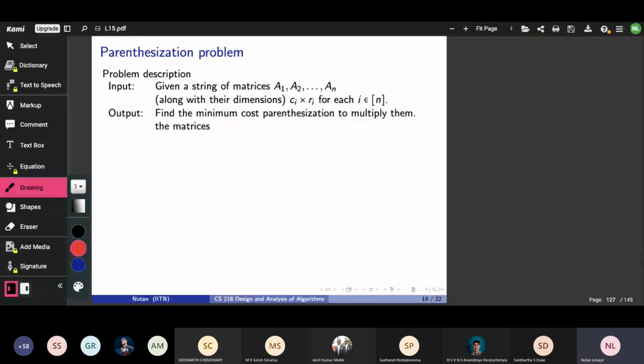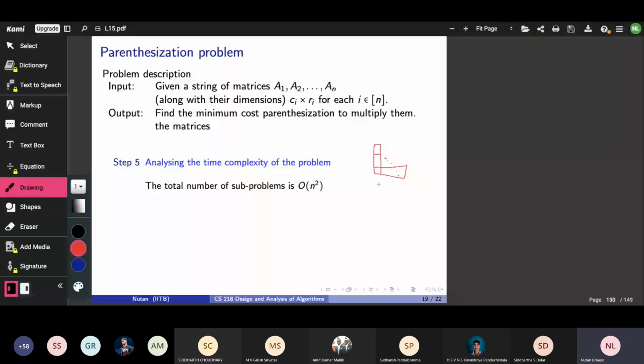Finally, the time complexity of this algorithm. I'm not talking about the overall cost. The cost depends on the problem statement. But the complexity of this algorithm depends on our procedure that we have defined so far. The total number of subproblems we have is n squared, like I showed you in that table, right?